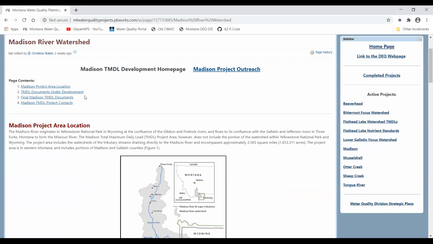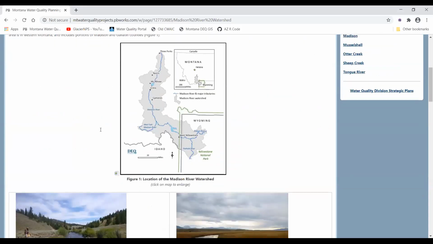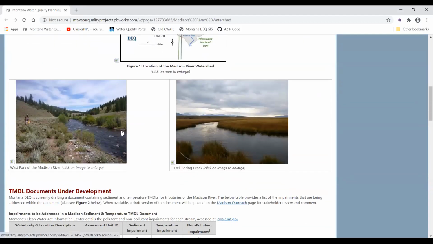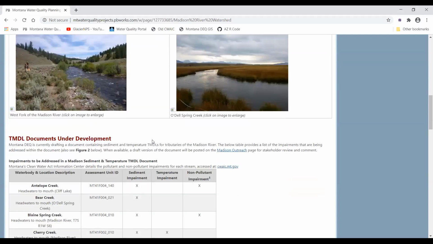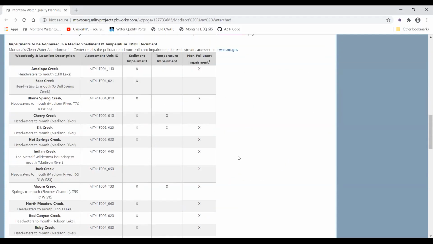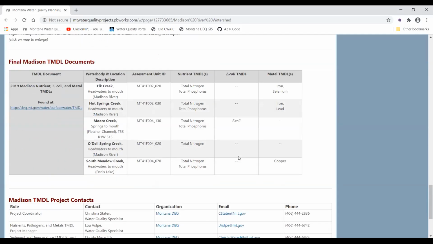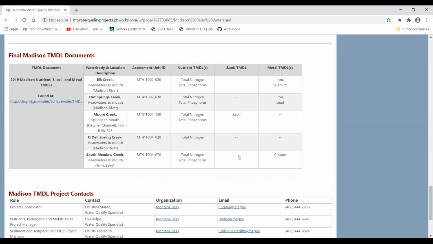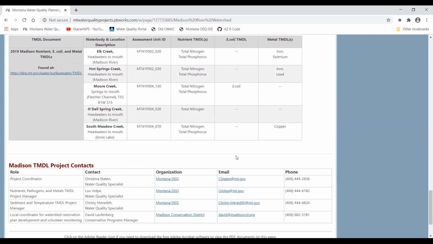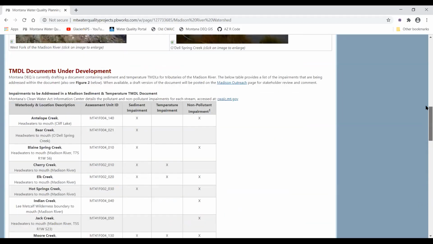There's a table of contents in the top left that tells you what's on this page. There's a project area description with a map and a couple of photos to give the reader a general idea of the watershed. We have a picture of the West Fork on the left and Odell Spring Creek on the right. There's a table that shows which TMDLs we're currently developing and a map of those. And below that are the TMDLs that are included in the nutrient, E. coli, and metals document that was put out last year. And at the bottom of the page are all the project contacts. Jumping back to the top of this page,